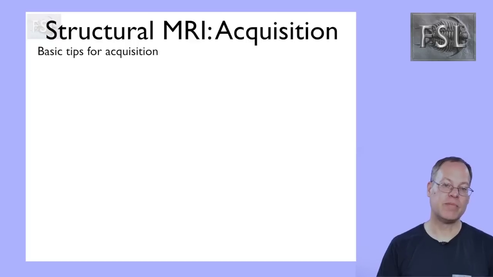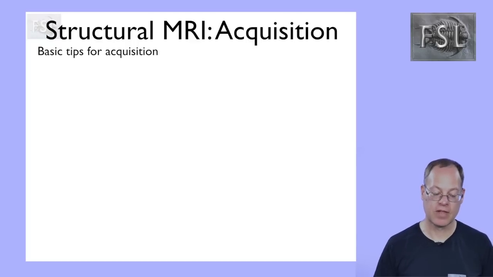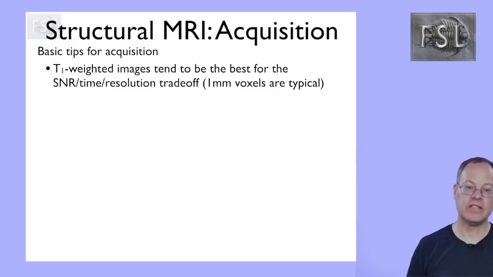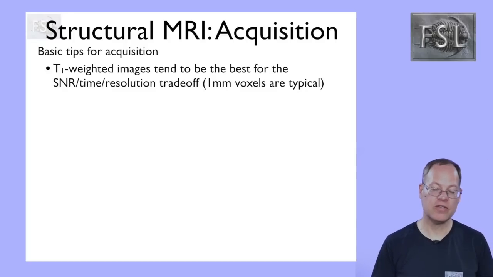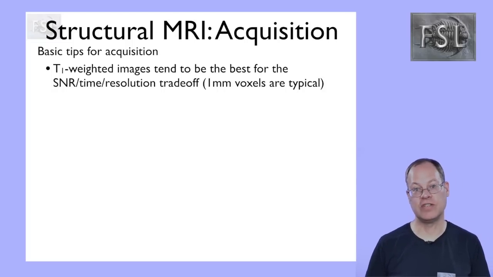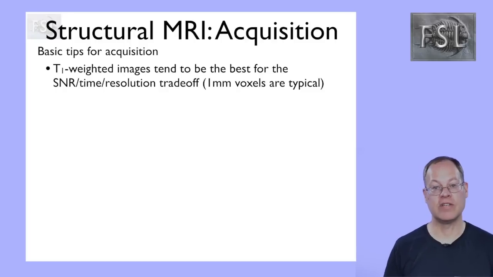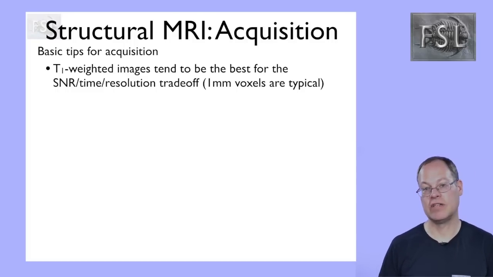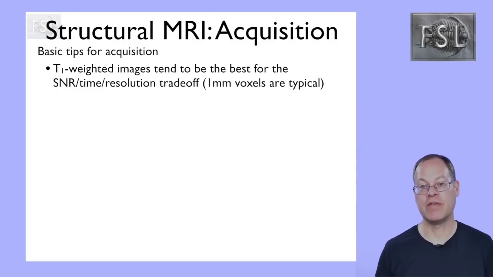I'll talk now a little bit about some tips for acquisition of structural MRI. So for a T1 weighted image, that normally has the best trade-off between SNR, the amount of noise that you would have, the amount of time that it takes you to get the acquisition, and the resolution that you get. We normally aim for about 1 millimetre resolution in our voxel sizes, and T1 weighted images normally represent the best